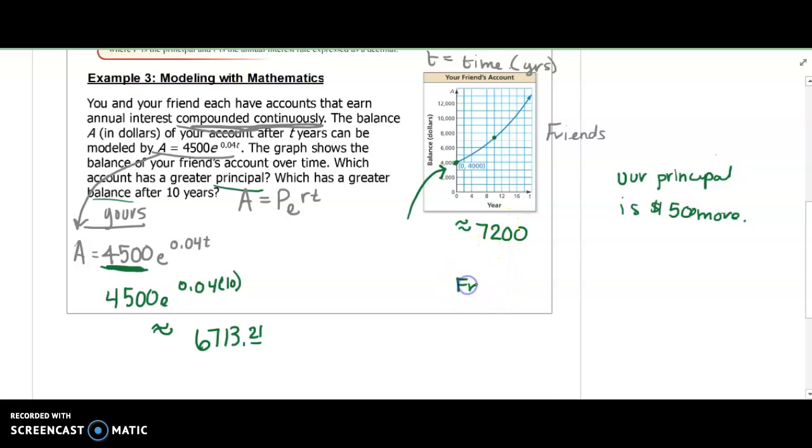So our friend, although they start with less money, has more money, about $500 more, after 10 years. He must have had a better rate than we